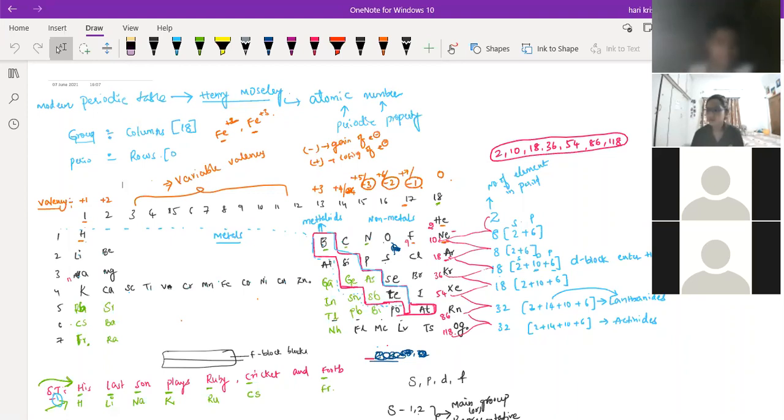Yes, sir, I was asking that. I guess I asked this before, but why are the elements always relying on the bigger one instead of the smaller one? Instead of octet, they're sometimes relying on duplet, right? So, octet is more stable, right? But if you read the definition anywhere for valency or oxidation number, it will always try to acquire the nearest noble gas configuration, right? Yes, sir. So if we take oxygen, it is neon, right? Neon is the nearest one.